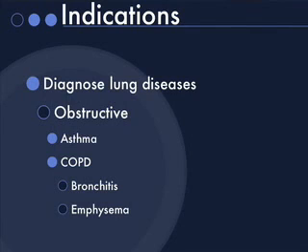You can define obstructive lung disease, and some of the examples are asthma and COPD. COPD can be further broken down into bronchitis and emphysema. These diseases are commonly found with narrowing of the airways. In some cases, such as asthma, it is caused when the muscles around the small airways constrict, or in other cases where there's inflammation of the airways. It could also be reduced because of an inflammation process such as bronchitis.